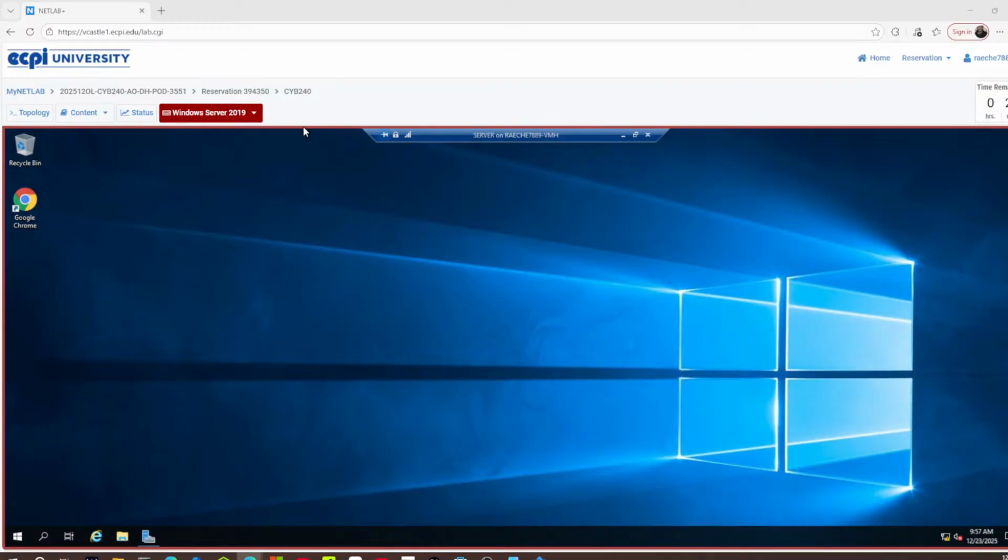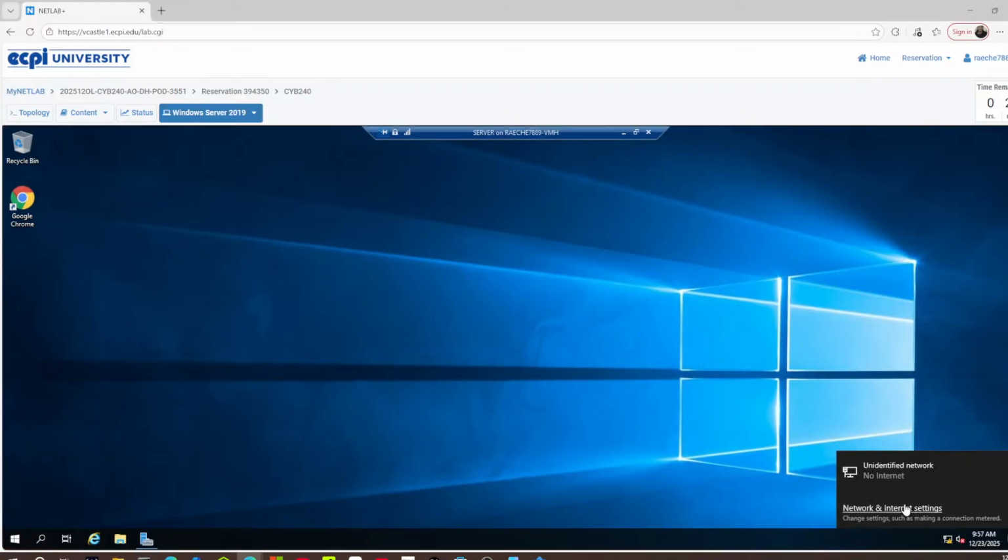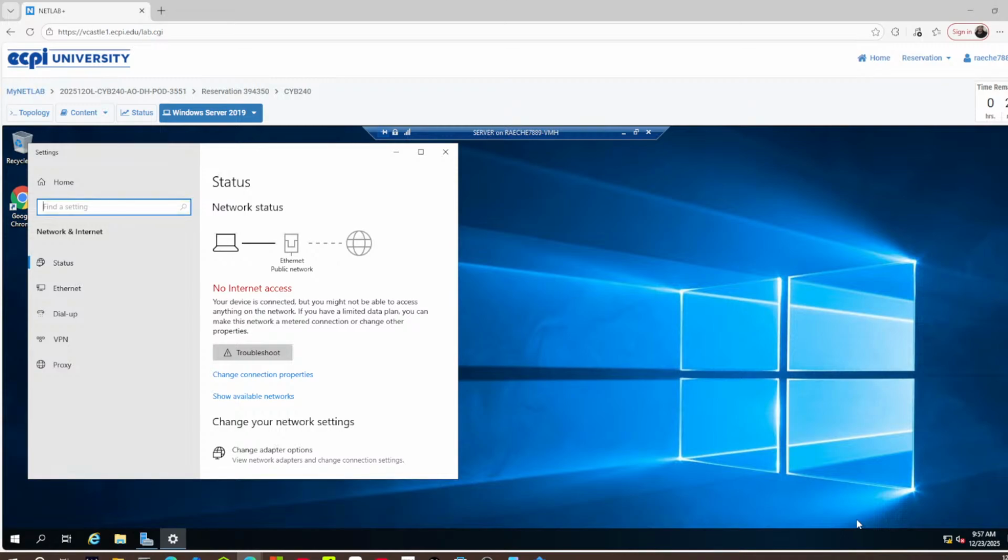You could go here, right-click, open network and internet settings, or you could go to the local server within Server Manager,